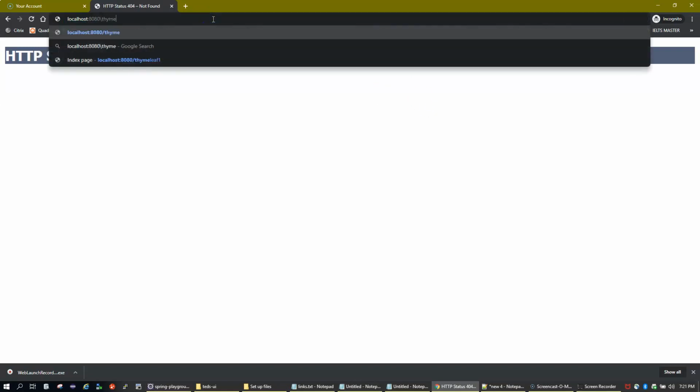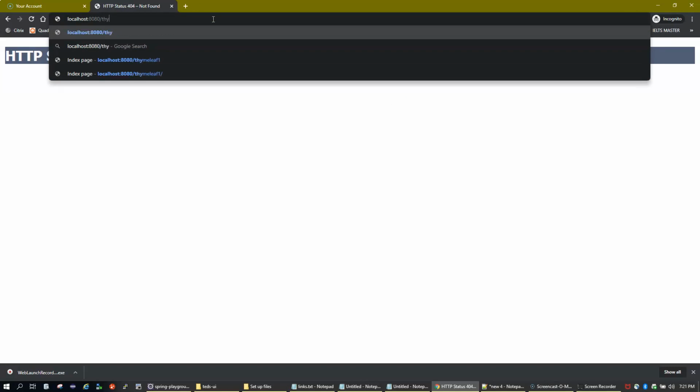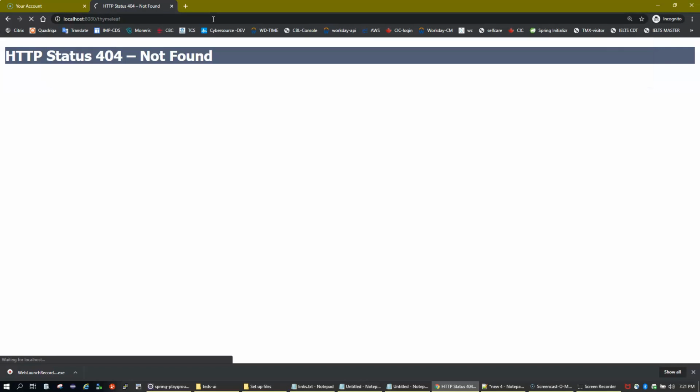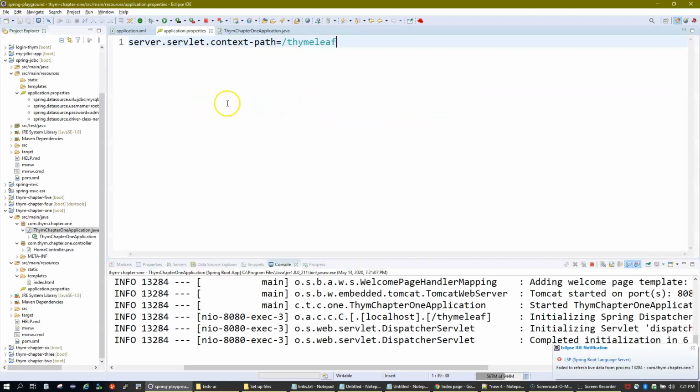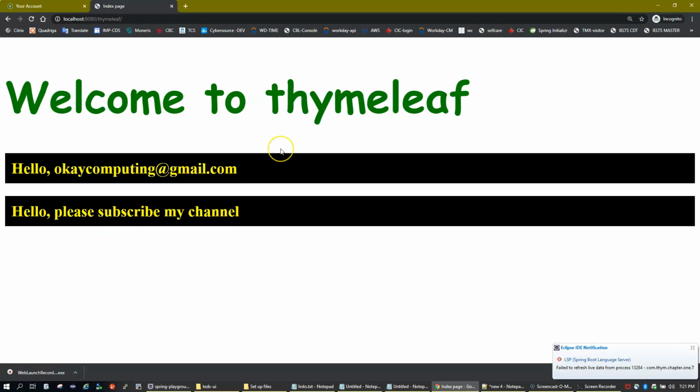If I type ThymeLeaf and hit enter, I'll see my application running here. Welcome to ThymeLeaf. This is the homepage of my application, basically the index.xhtml page, that is what you see here on the screen.